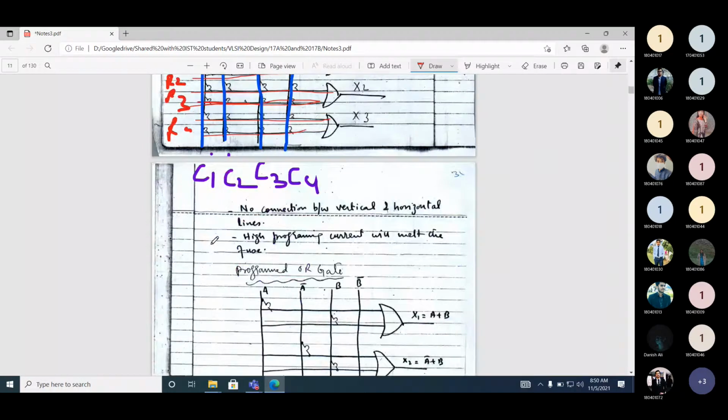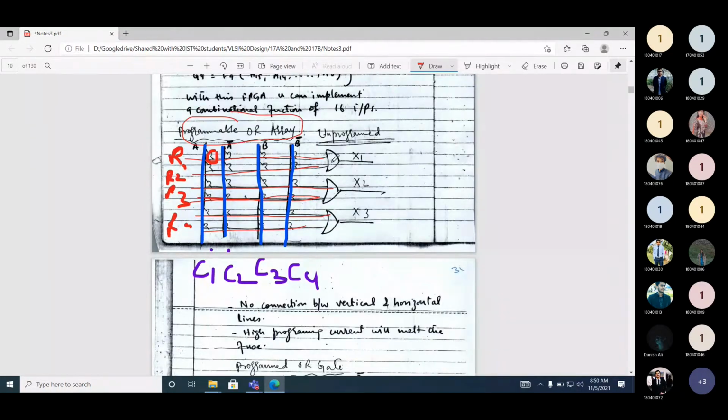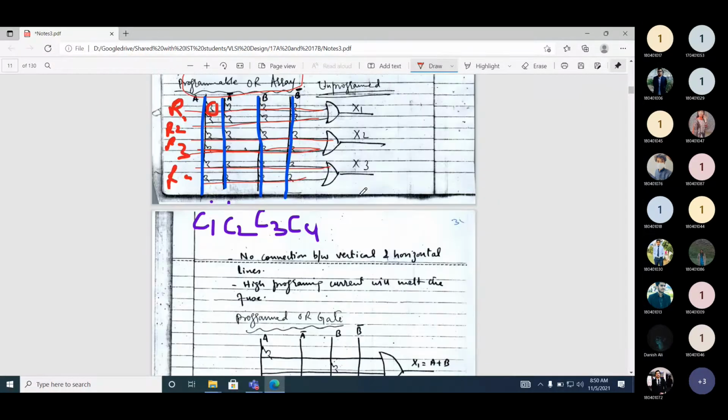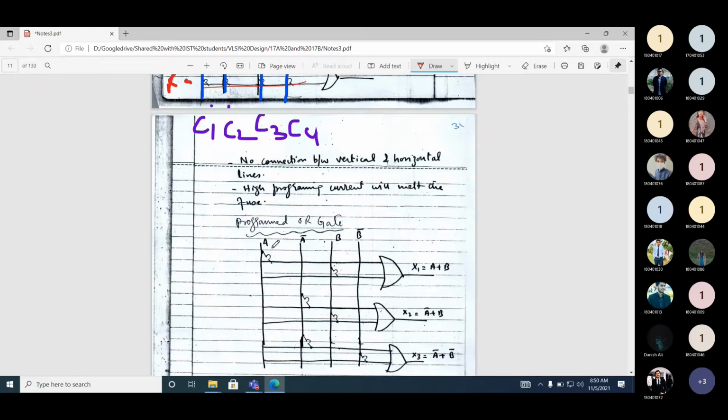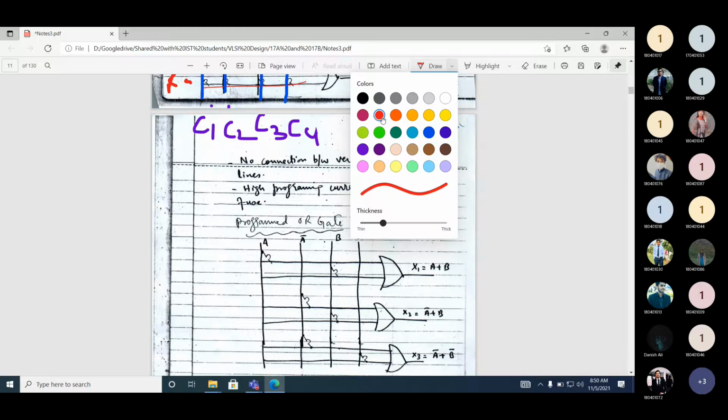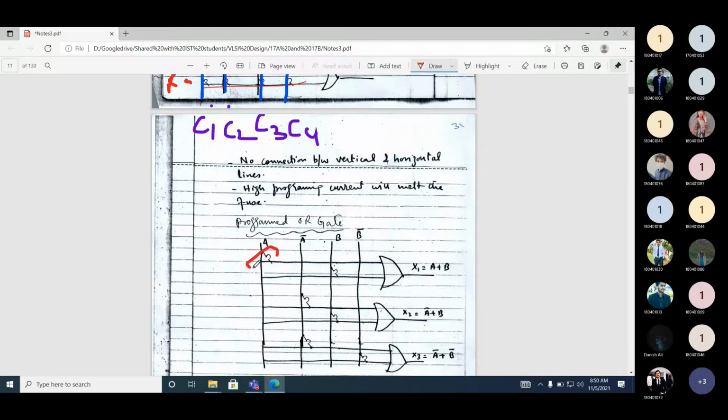Okay. So now if we say this device is unprogrammed. If we want to program this device, what we did was we retained these switches. This switch is retained. This switch is retained.